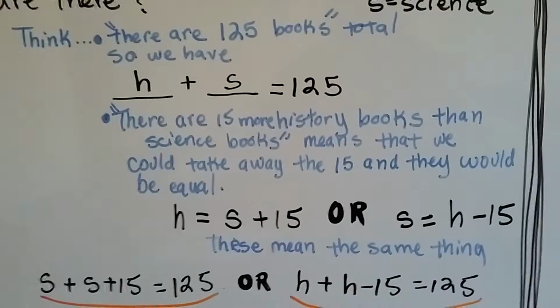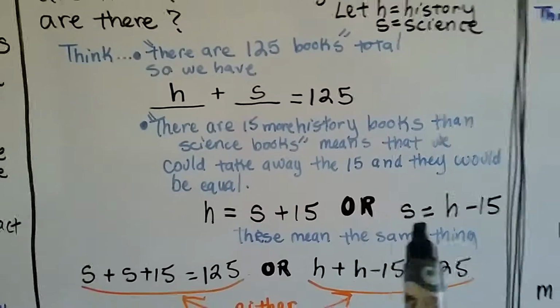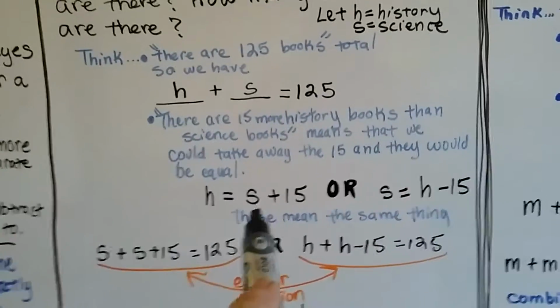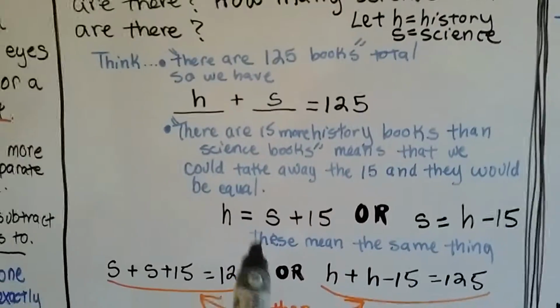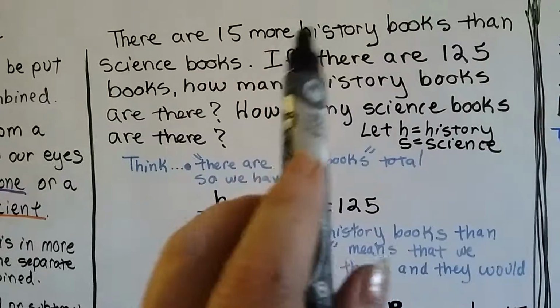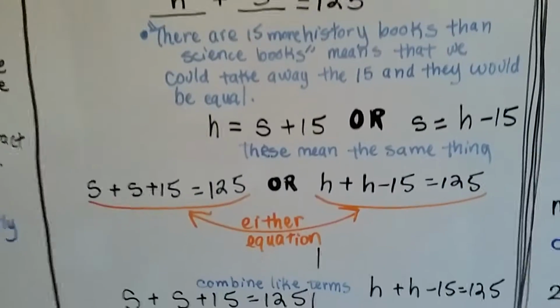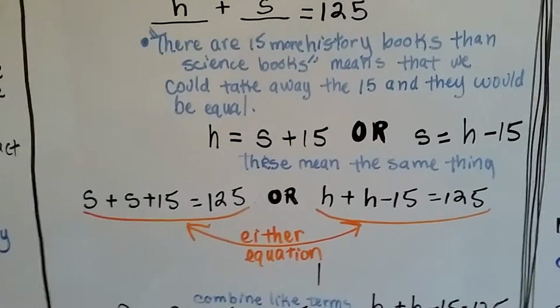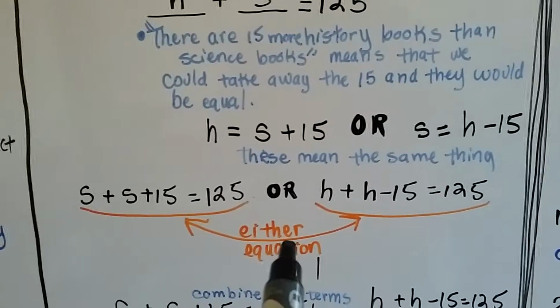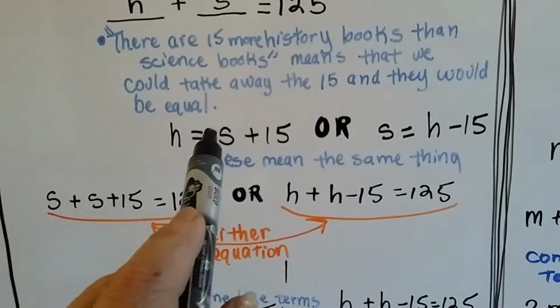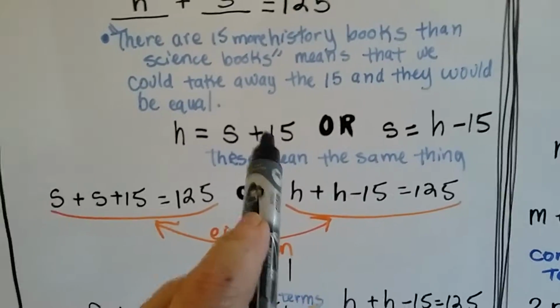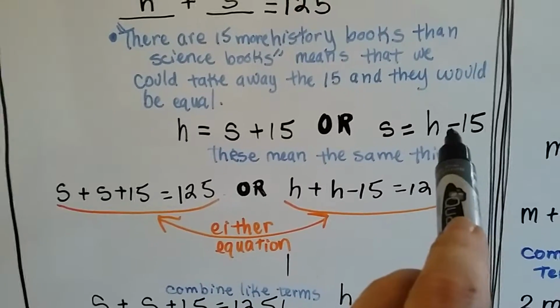So what I'm going to do is I'm going to use both, all right? And then you'll be able to see, if you had chosen one or the other, how the answer would have turned out. Also, if you use both, you get both answers at the same time. I'm going to find out how many history and science books there are, okay? But you could do that by adding at the end anyway or subtracting. Okay, so these two mean the same thing. H can be written as an S plus 15, or the S could be written as an H minus 15,